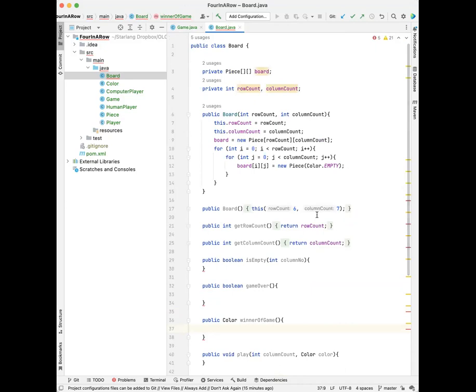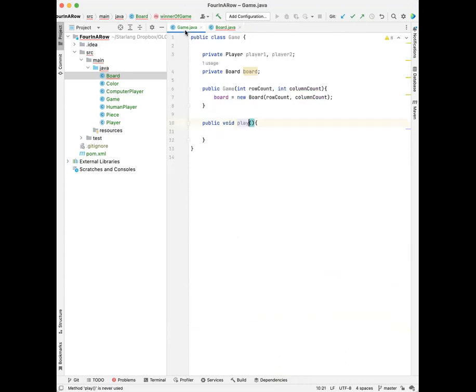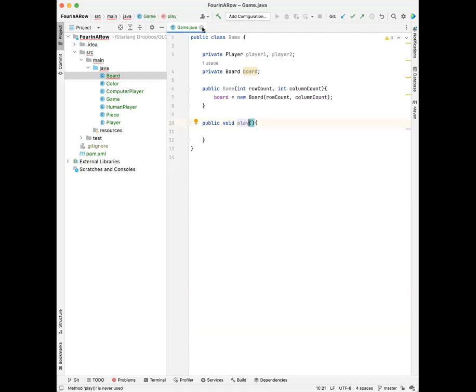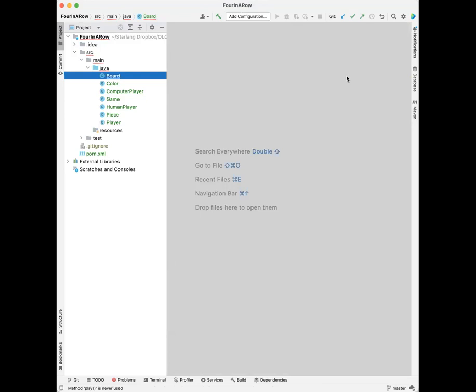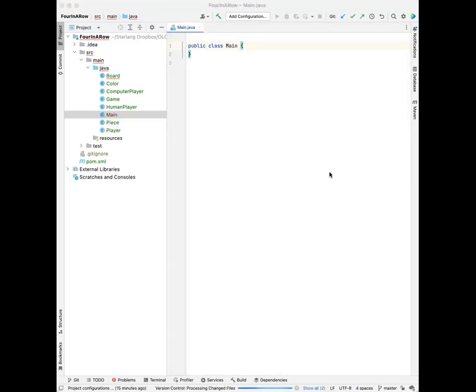So other than that, let's continue. We have the board, we have the computer player, and the board is finished, the game is finished. Let's now concentrate on the computer player's play. Actually, let's write the main first. The main should have public static void main and string args,